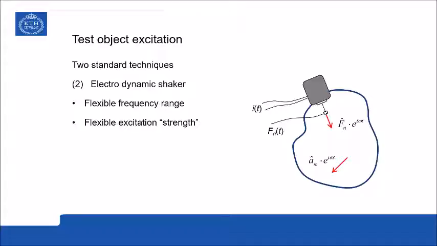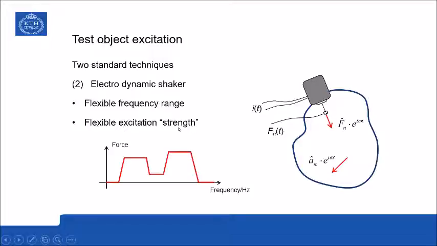You can also adapt and select the coil current so that you have a flexible excitation strength. That means that you can put more excitation energy into the system at certain frequency ranges and lower at other frequency ranges. If, for instance, the test object is very sensitive to excitation in this frequency range, and it's insensitive in these two ranges, then you can supply more energy in these insensitive ranges than in this sensitive range. So you can design your excitation spectrum in a very convenient way if you use electrodynamic shakers, and that's a